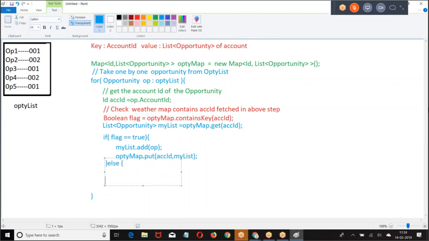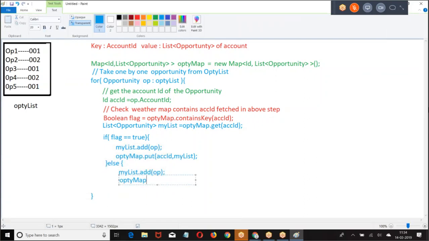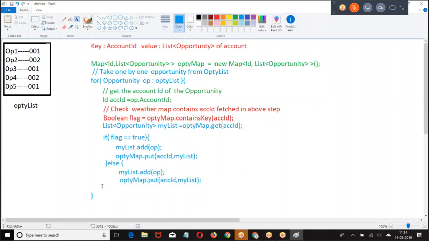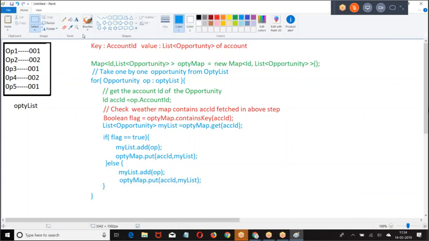Else, if the map does not contain it, then my list dot add, then put back ACC ID, comma my list. This is my logic. Let us take it step by step and see how this code will run.